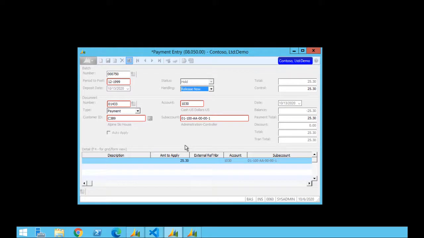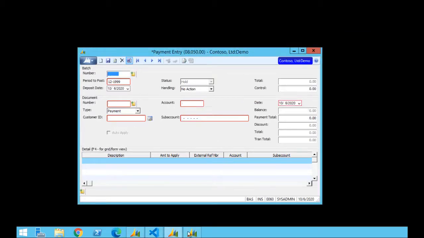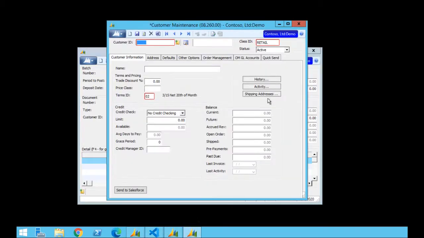So this has been a 100% contact-free payment solution where you can make a request for payment. The customer uses their own device to make the payment any way they want. They can do it from their desktop, their phone, whatever, enter in their credit card number, and it's contactless, it's PCI compliant, and it's 100% automated